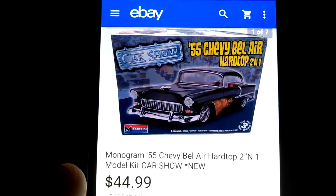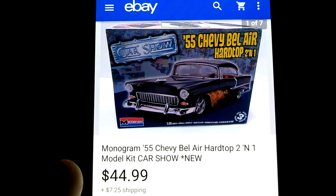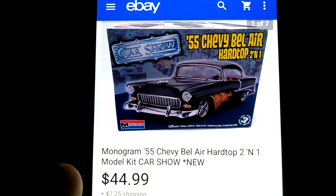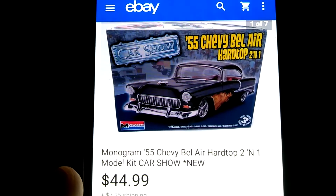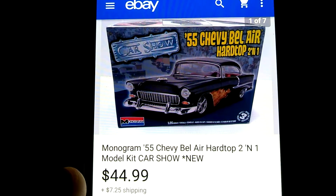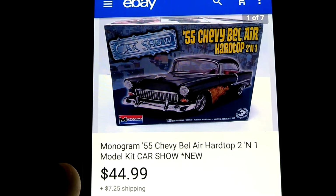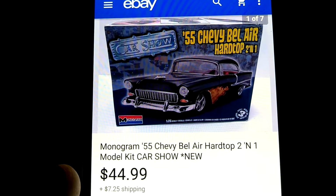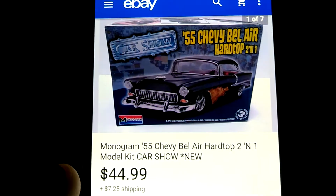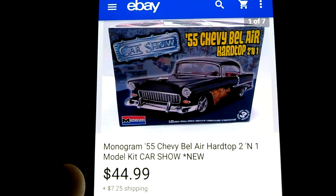Alright, here's one that was a surprise. I knew to pick up the model kit, but I had no idea that it was this valuable. It's a Monogram '55 Chevy Bel Air hardtop 2-in-1. There were a couple variations of this one, but they were all going for over $45 to $60. Put mine on there, and within probably 10 hours, it was sold for the full price of $44.99 plus shipping. So keep an eye out for the Monogram model kits, especially the cellophane was off of this one, but the